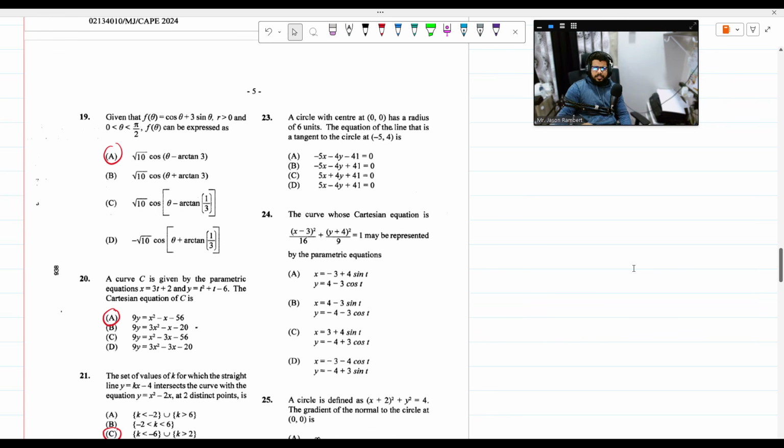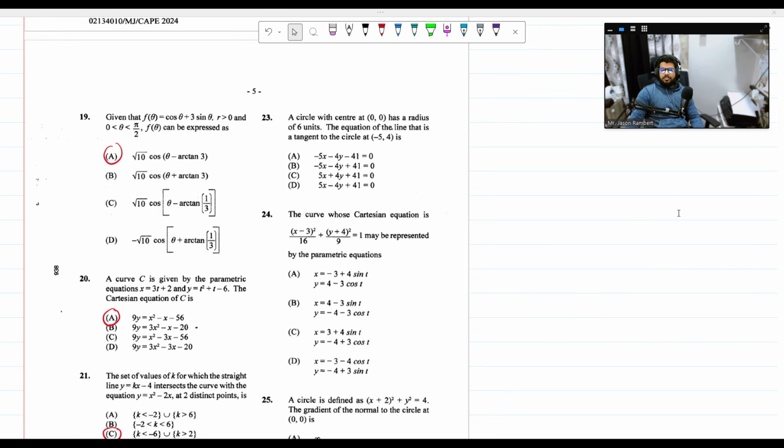A circle with center 0, 0 has radius 6 units. The equation of the line that is the tangent to the circle at 5, minus 4 is. Ooh, okay. New question. So center 0, 0 has a radius of 6 units. The equation of the line that is a tangent to the circle at minus 5, 4. So let me go with